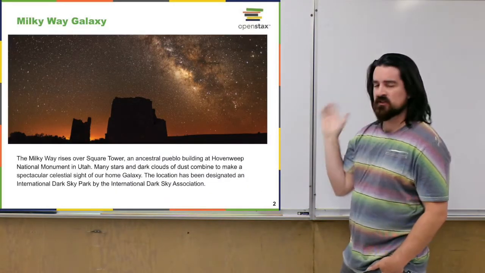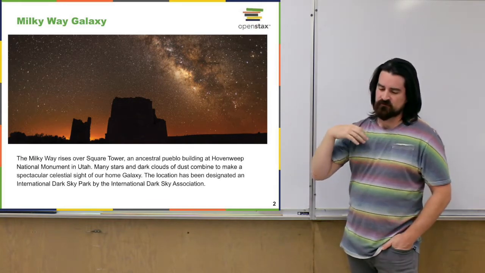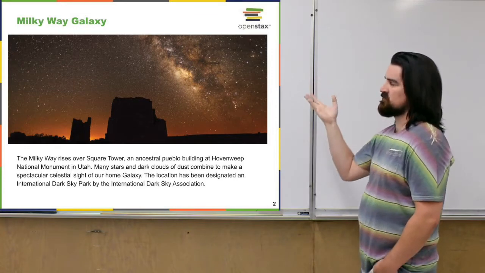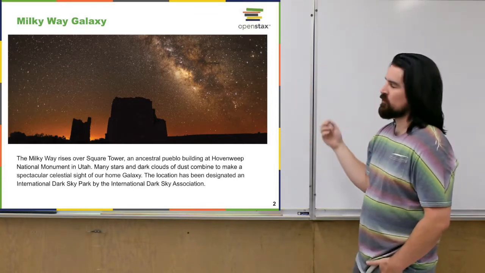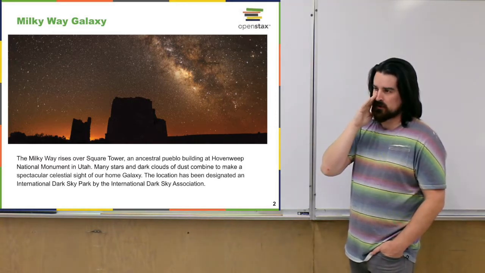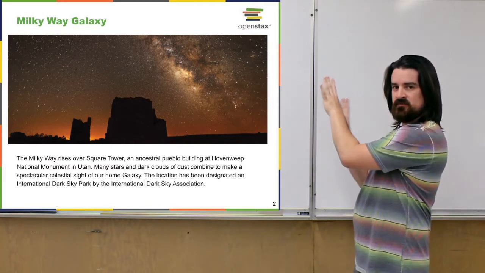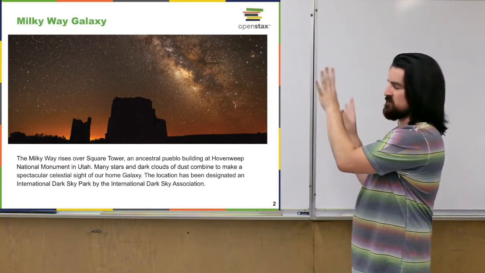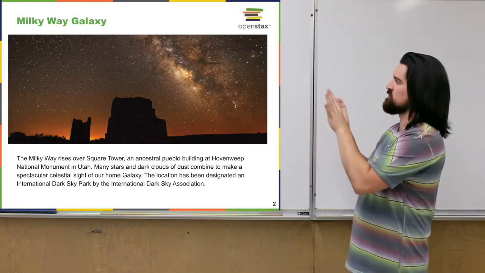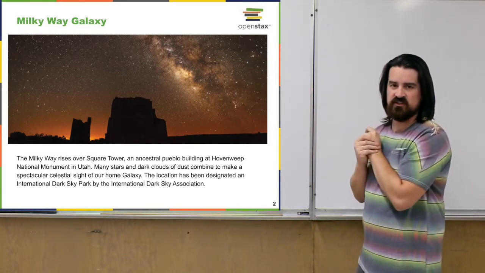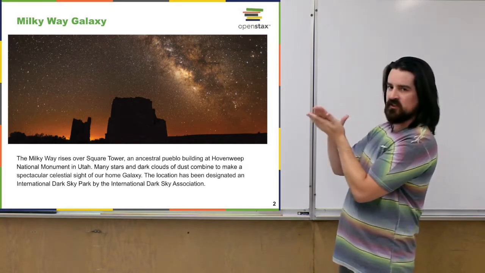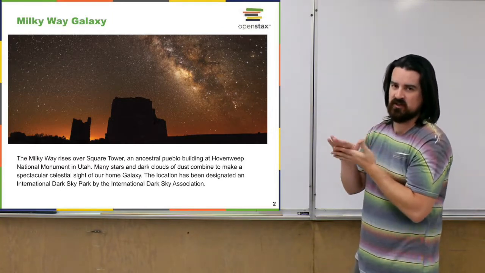There it is. It can be a little bit confusing because when somebody refers to the Milky Way, they might be referring to seeing this stuff in the sky, or they might be referring to our galaxy broadly, the whole galaxy. So this kind of cloudy thing that we can see in the night sky, at least when there's not a lot of light pollution, from most parts of the world, you can see something that looks like this in the night sky. And this turns out to be us looking along the disk, or along the plane of our galaxy.